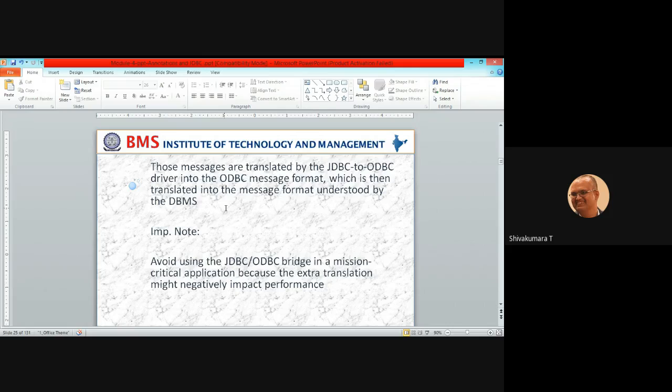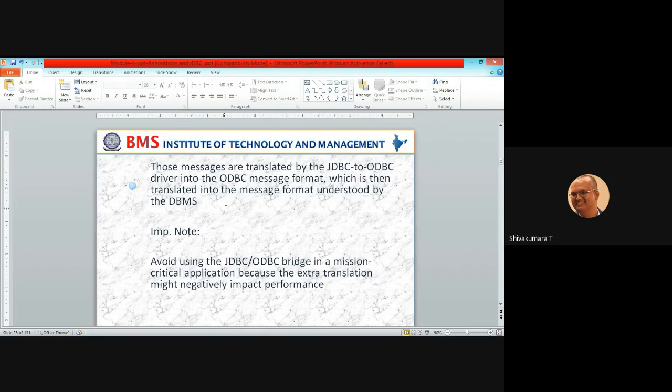Actually, internally, how it is working: the translation phase will convert the Java high level instruction to the lower level instruction. Then from the lower level instruction to the JDBC. JDBC again will convert it to the equivalent statement with respect to the DBMS specification. Then that is going to be executed, and vice versa.